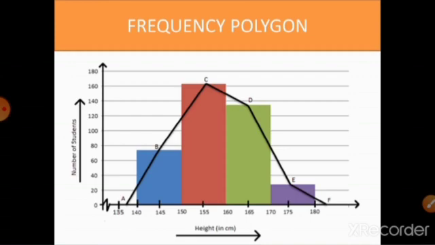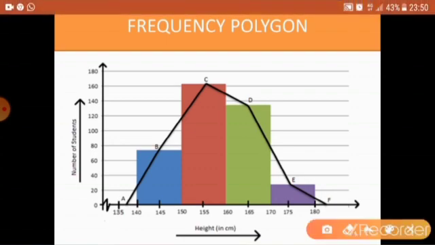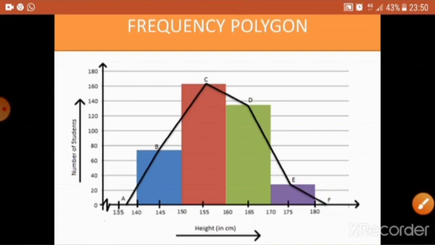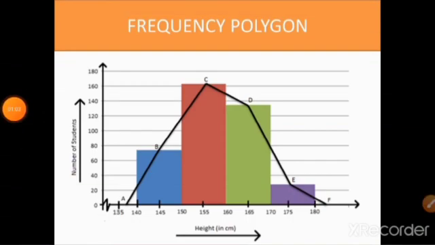You know how to draw the frequencies. With the class intervals we draw the rectangular bars, and there is no space between the rectangular bars, as we discussed in the previous topic. Now, when we join the middle points of the tops of these bars, we can draw a line. That line is called a frequency polygon, drawn from this given table. You can see that black line here, no? That is called the frequency polygon. With this we come to know how the frequency polygon is also derived from the histogram.